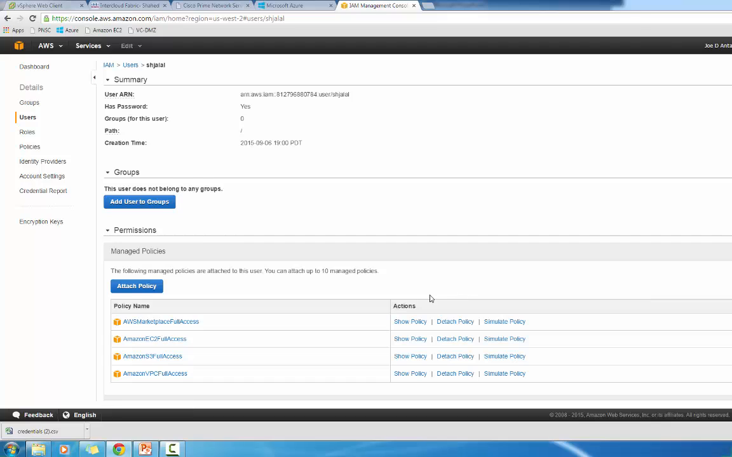So I attached these policies: EC2 full access, S3 full access, and marketplace if you are deploying CSR. VPC, if you're using Amazon VPC, then you need that. Otherwise, you don't worry about that. So minimum you need EC2, and if you're deploying Windows box, you need S3 full access, and for CSR this one. So once you have that, then you can create the